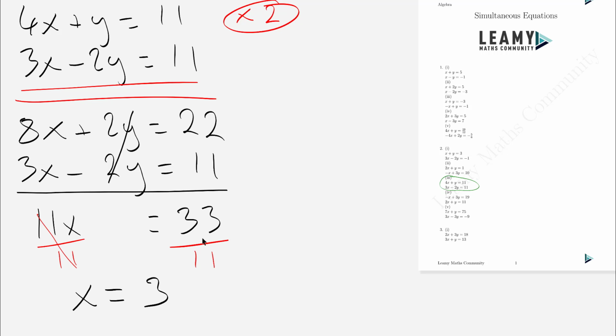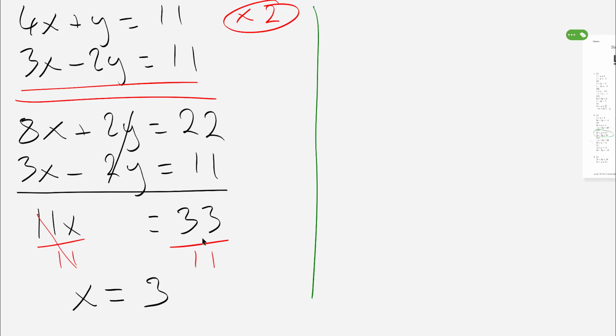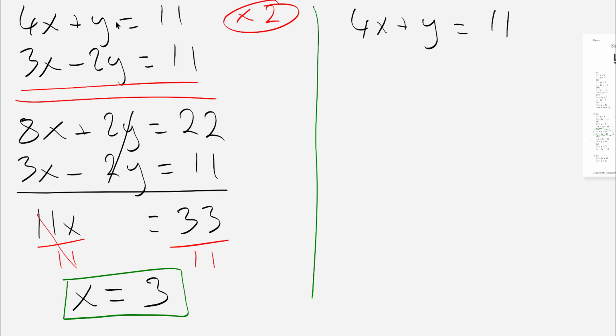So now I have my x value. Once again, I still have to find my corresponding y value. In order to find that, we'll fill our x value into one of the original equations. So I'm going to stick with the first equation here, 4x plus y equals 11. Now don't forget, I know that x equals 3, so I'm going to sub 3 in for x,